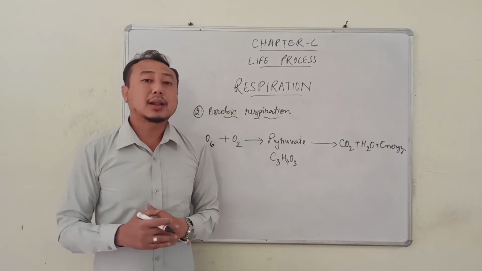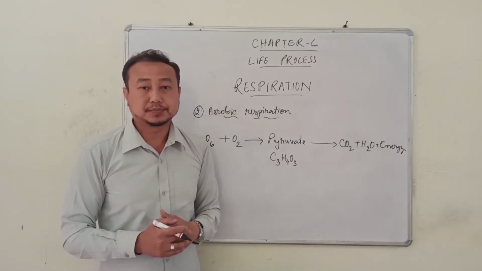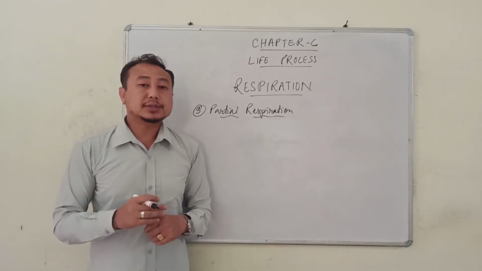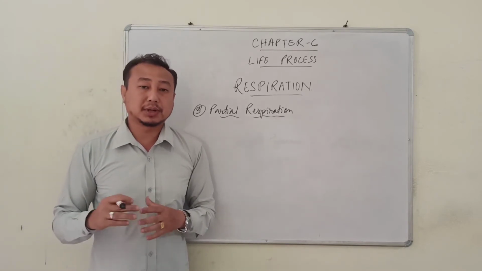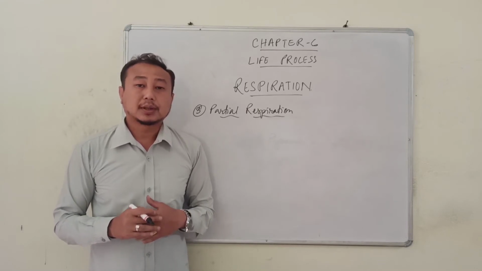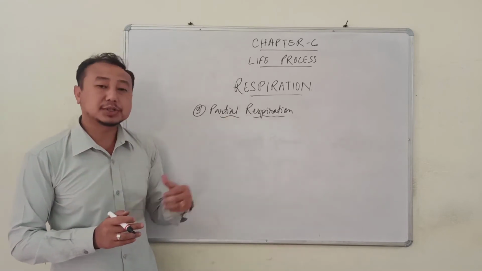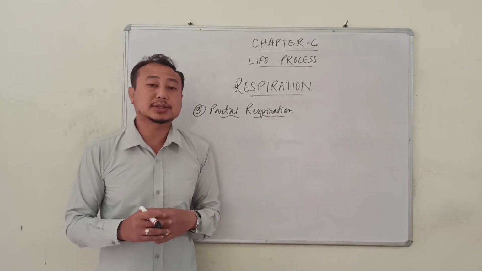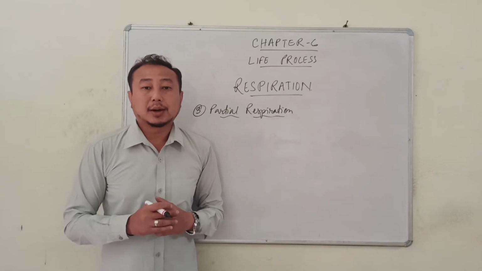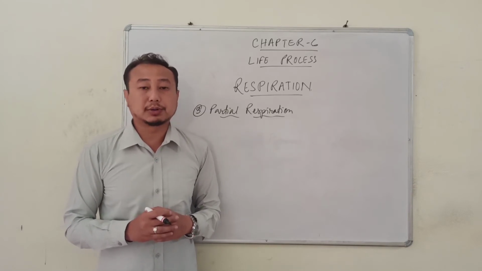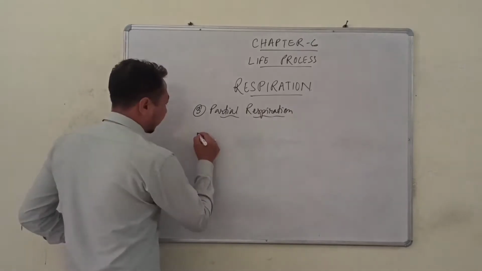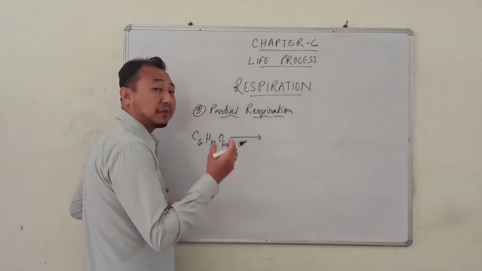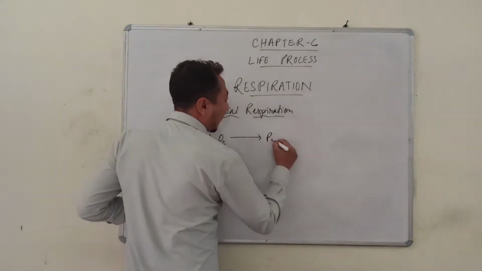Now, let's come to the last type of respiration. The last type of respiration is known as the partial respiration. This type of respiration is also performed by the multicellular organism. The multicellular organisms which perform this partial respiration are the multicellular animals, and it is done inside the muscle cells. Now let us see what happens during this partial respiration. During partial respiration, the glucose is broken down in the presence of limited amount of oxygen to form pyruvate,